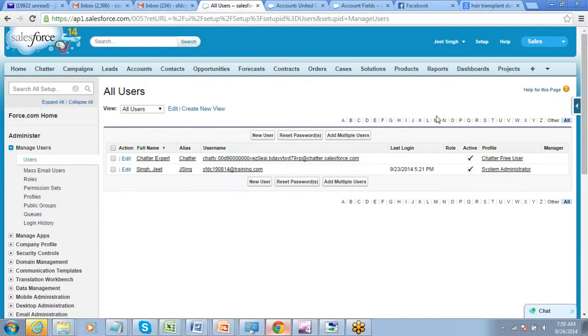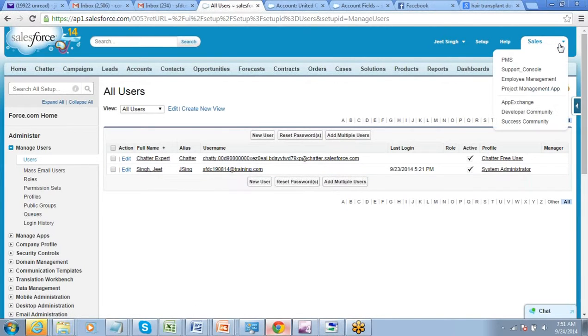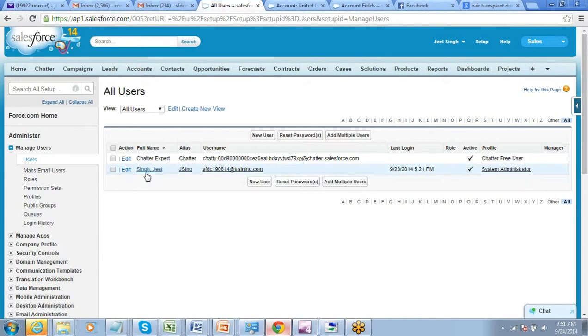So if you remember, yesterday we were talking about objects, apps, tabs, what all objects, what all tabs, what all apps a user can see, that all depends on his profile, right? So if you want to restrict certain apps from this user, what you have to do, you have to go to his profile and then remove those permissions, right? Let's say you want to restrict the sales application from this user. Then what do you have to do? You have to go to his profile. Either you can click directly here, or you can go to the list of profiles and find this name. Okay. Go to the profile and then click on edit.